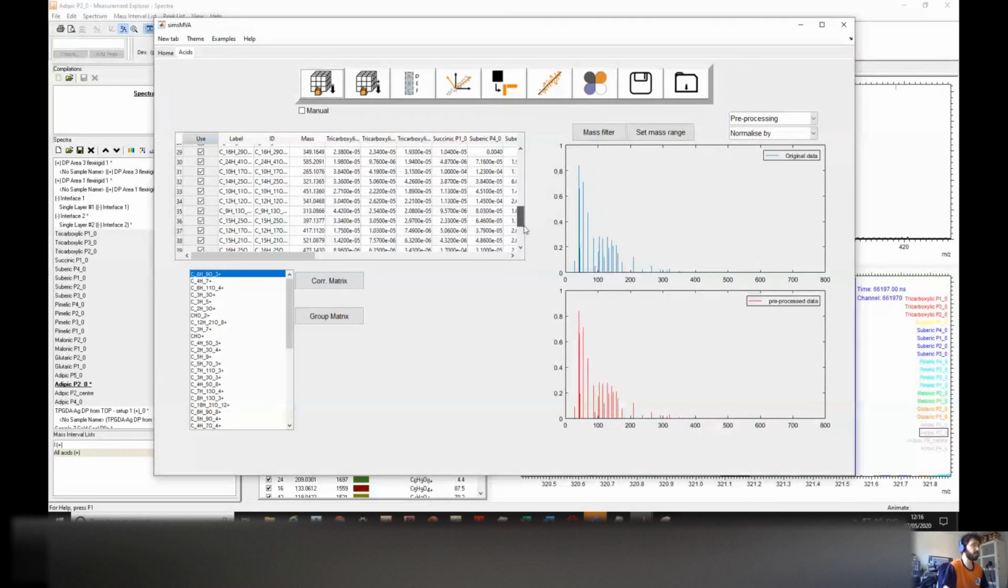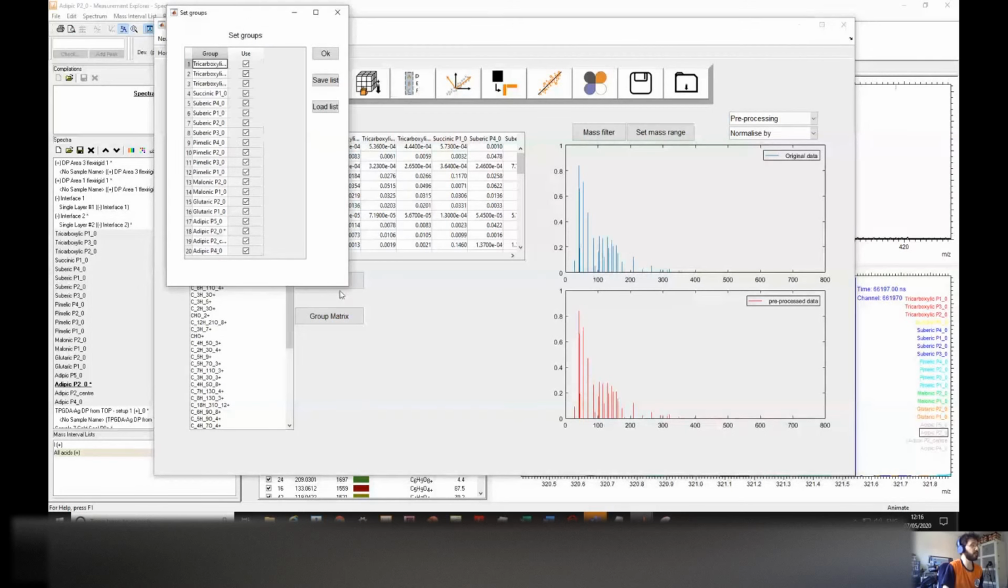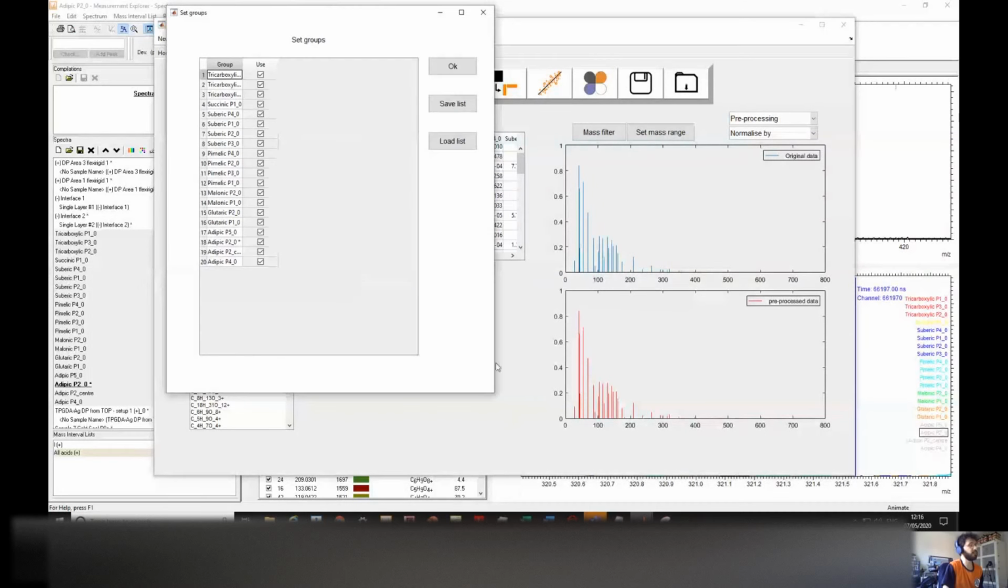And the first thing I always do for spectra, because I have repeats of measurements, is group them, you know, when I plot stuff. So I click this third button here, which is set groups. And then if you have repeats of the same measurement, you want them to be plotted with the same colors, you just name them the same. So you can go like carboxylic, tricarboxylic, and I think I have,